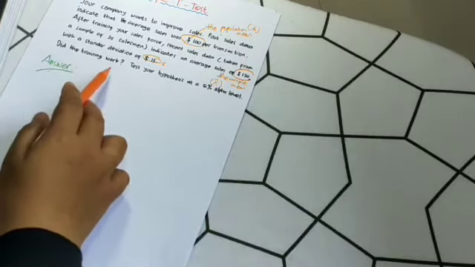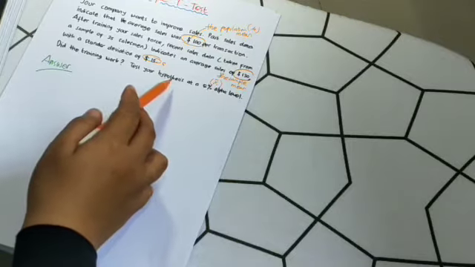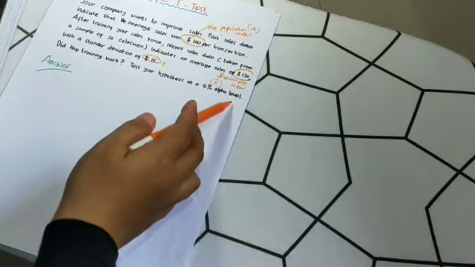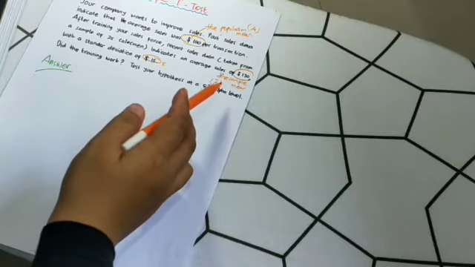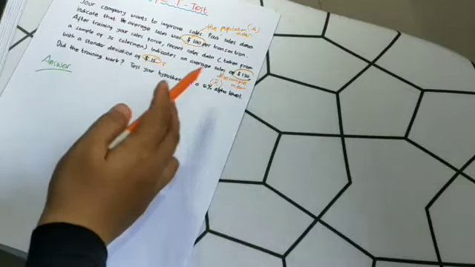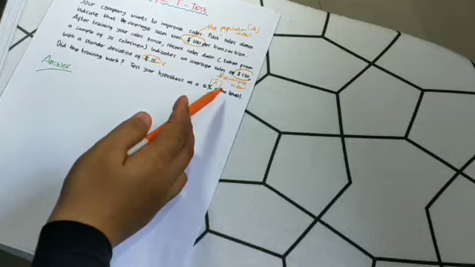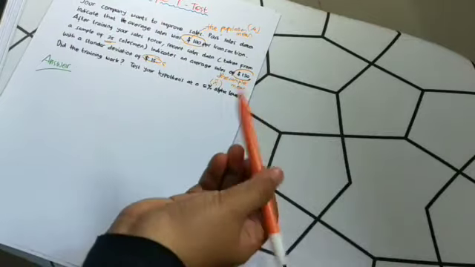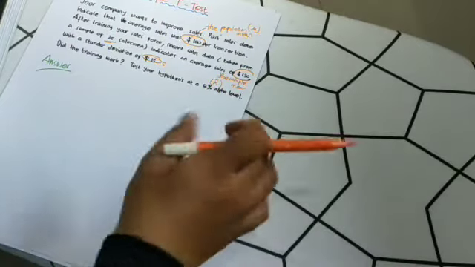So the question is, did the training work? Test your hypothesis at a 5% alpha level. So we would like to see whether this training is working or not by only using 25 samples. We want to make a conclusion for all the population of the salesmen. So the first step is